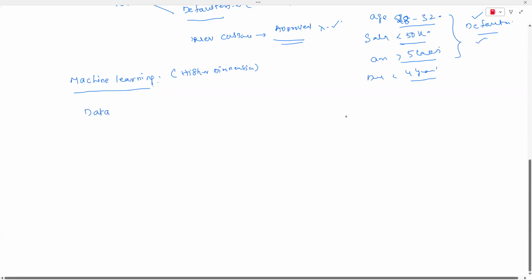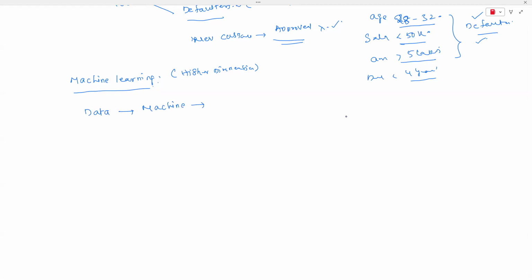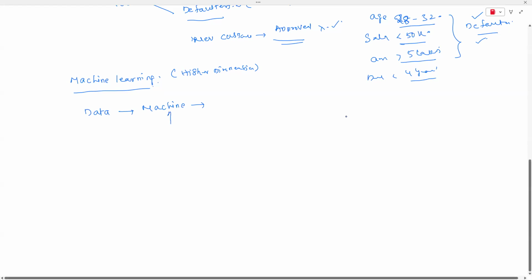The data is going to be fed to the machines, and the machines are going to learn from the data. Machine learning doesn't happen automatically. There must be inputs and outputs in some standard format, and there are different types of pre-processing. With the help of some kind of algorithms, we are going to use it, guys.